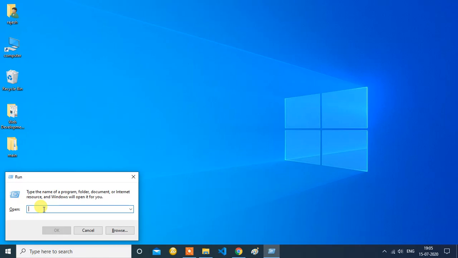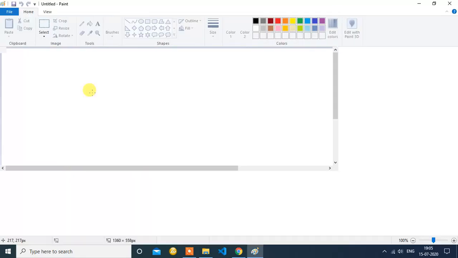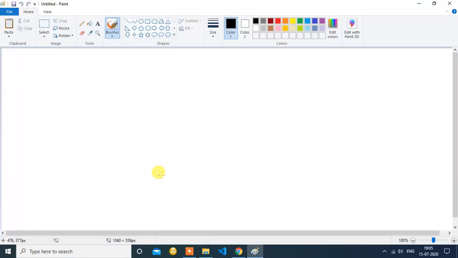because MS Paint is not the real name for Paint. If we want to open MS Paint from here, we need the default name, that is pbrush. As you can see, I have typed pbrush and am clicking OK. It will open the MS Paint window. So this was all about how to open any window in different ways.